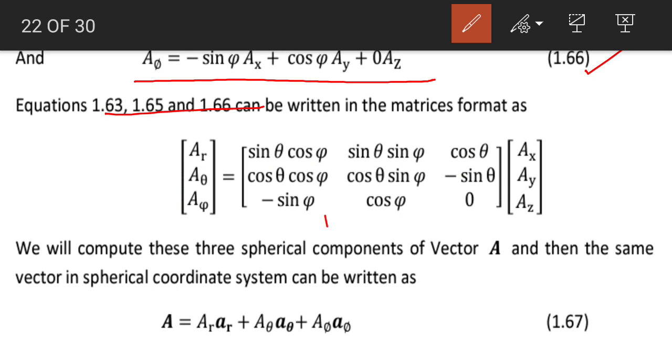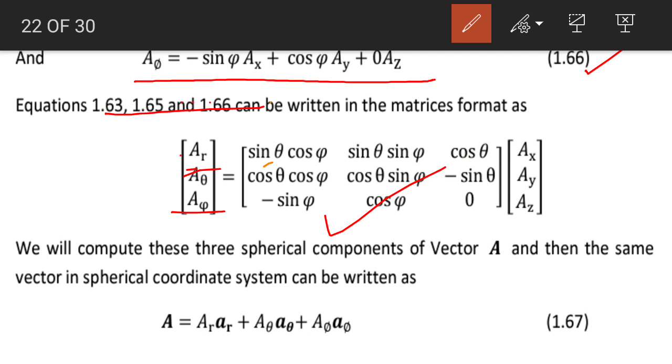So these three equations are in the matrices format. We have the component of this vector in the direction of the unit vector AR, then the component of this vector in the direction of the unit vector A theta, then the component of this vector in the direction of the unit vector A phi. And here is the transformation